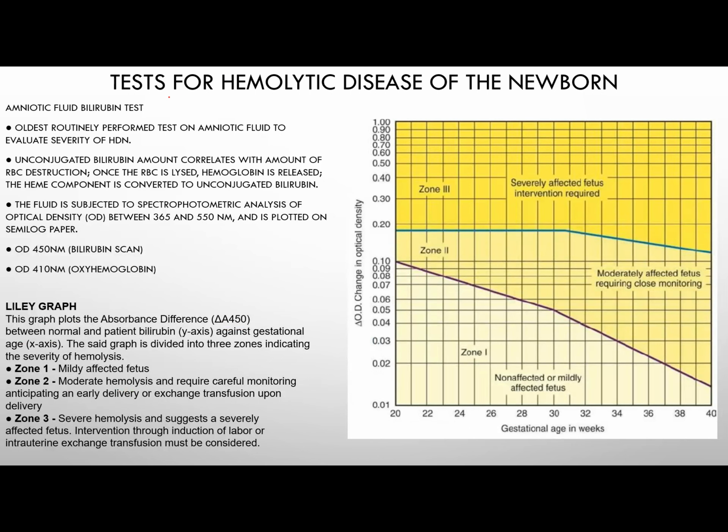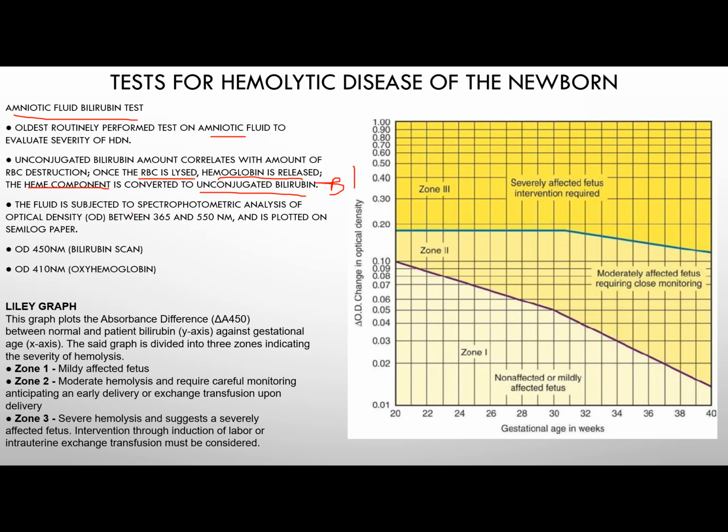Now, the test for HDN, so we have the most common, the amniotic fluid bilirubin test. This is the oldest performed test on amniotic fluid, which is actually not done much anymore. Unconjugated bilirubin amount correlates with the amount of RBC destruction. Once the RBC is lysed, hemoglobin is released, and the heme component is converted to your unconjugated bilirubin or your